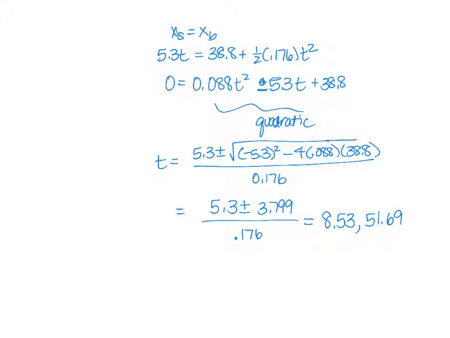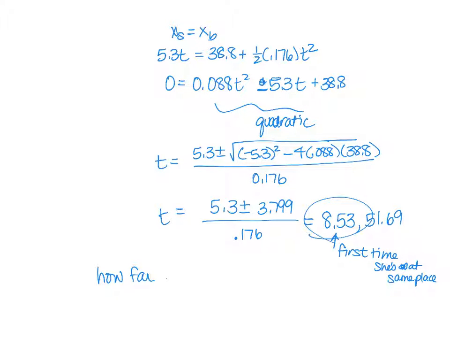So I solved this problem. We talked about this a little bit in class the other day, where I get two possible answers. But the math is just telling me when she could catch the bus. I only want the first time, which is quite adequate because once she catches it, she catches it. So I'm going to use the 8.53. And so this is my first answer. And then I see how far does she run